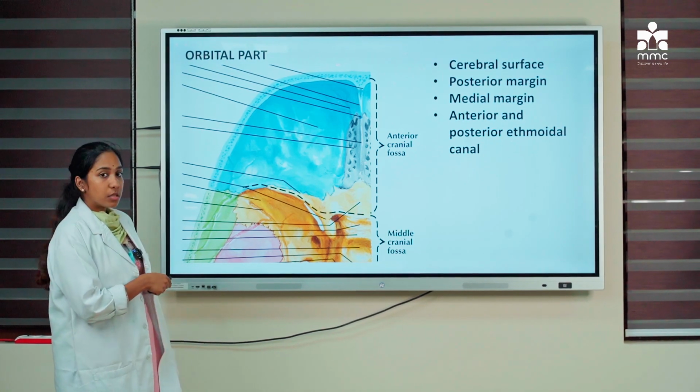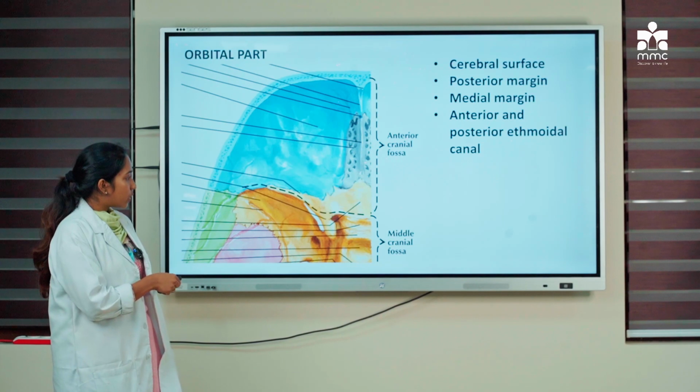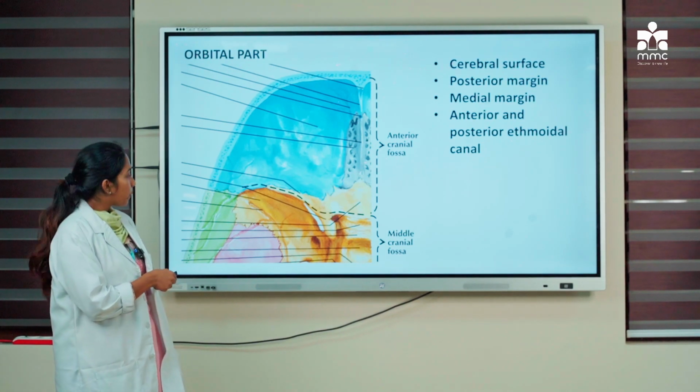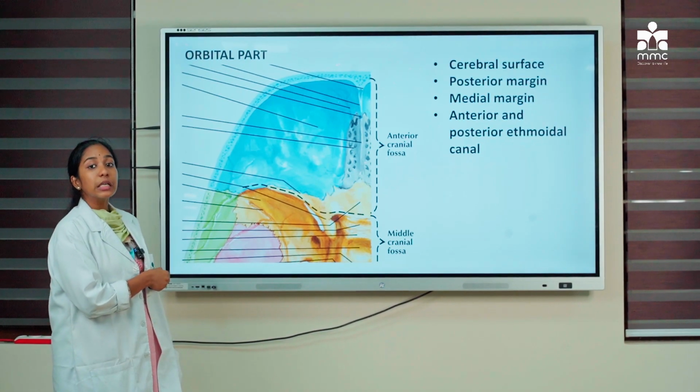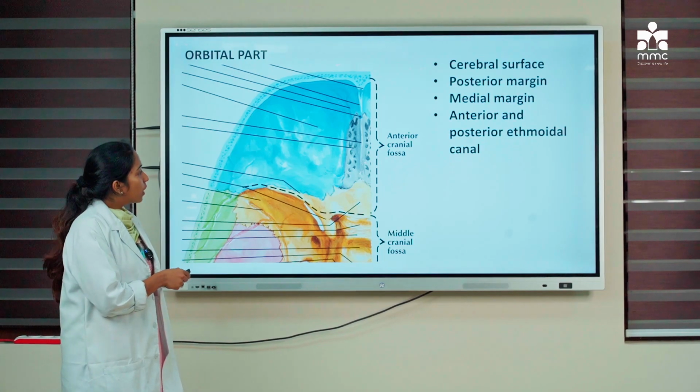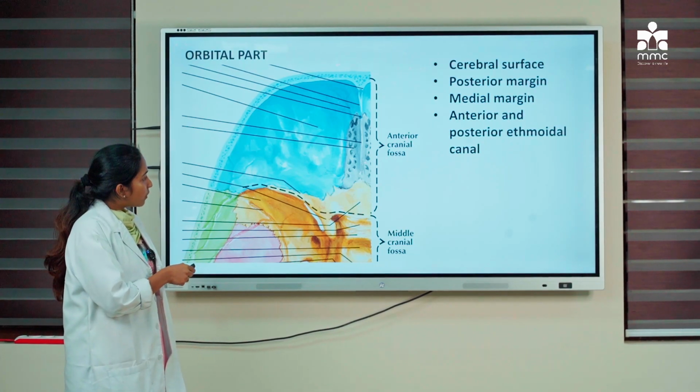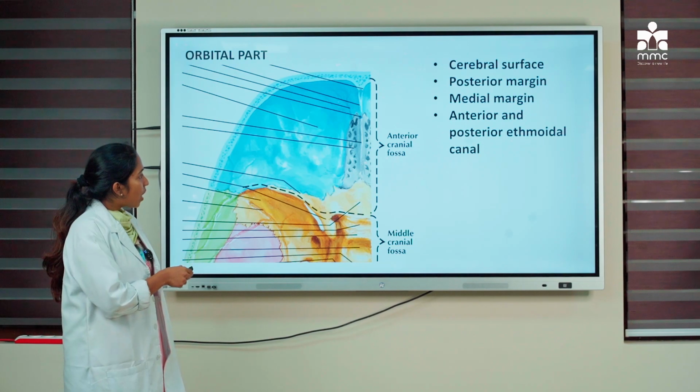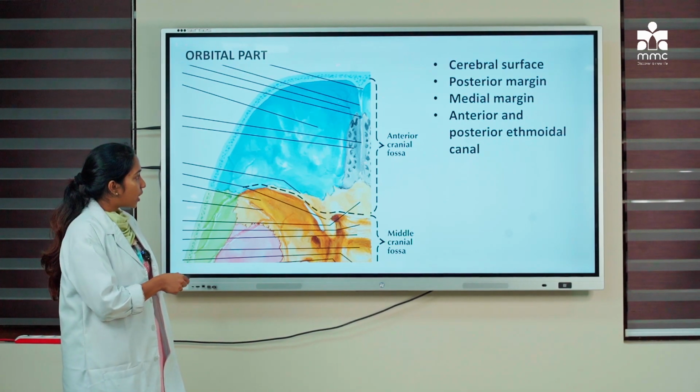The posterior margin, medially it articulates with the lesser wing of sphenoid, and laterally it articulates with the greater wing of sphenoid. And the medial margin, here we can see the medial margin articulates with the cribriform plate of ethmoid,